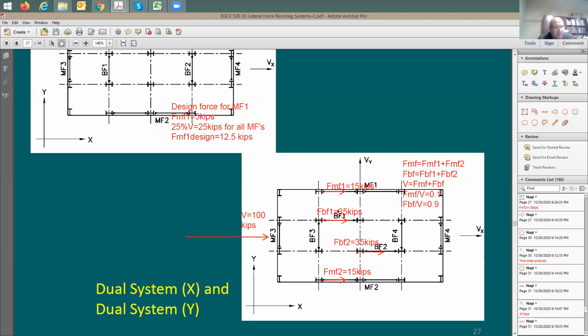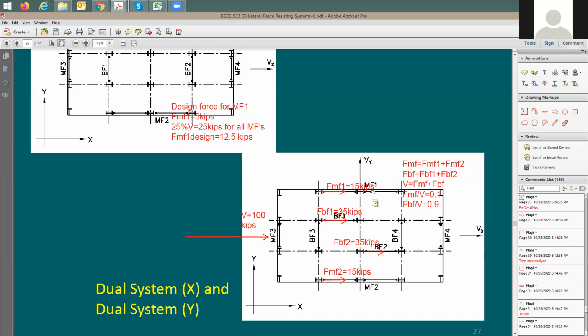In this new example, I redistributed the force differently. I said that this one is going to be taking 15 kips based on stiffness analysis. This one is taking 35, 35, 15. So now, finally, how much should I design this for? Should I design it for 12.5 or for 15? It should be designed for,